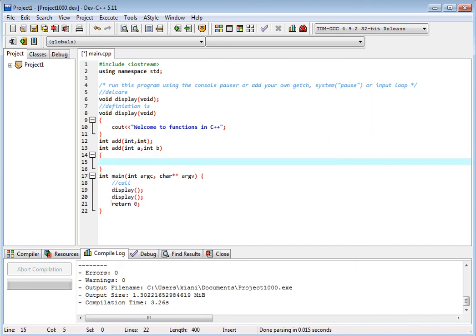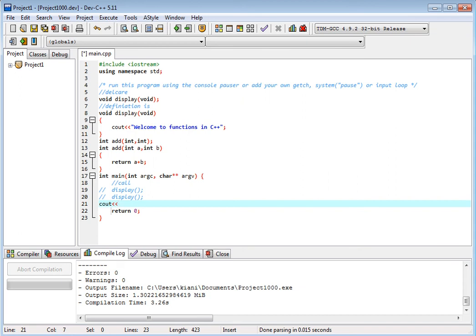It will accept 2 arguments a and b, both are integers, and we return a plus b. When we add 2 integers, we get another integer. So we will return this integer to the calling function.